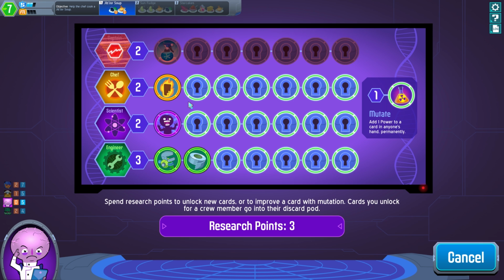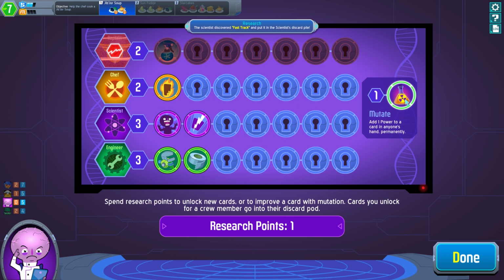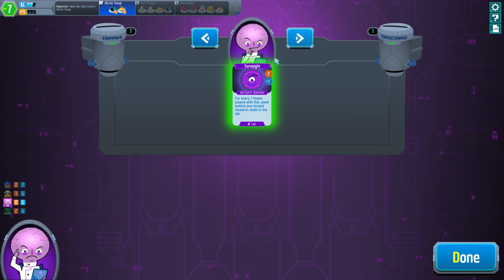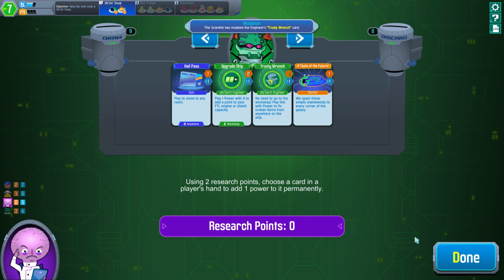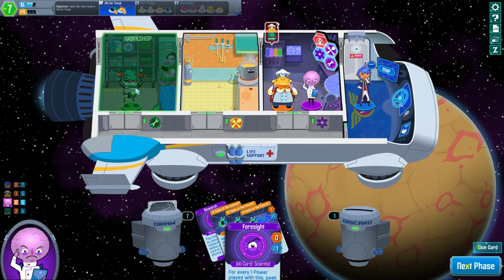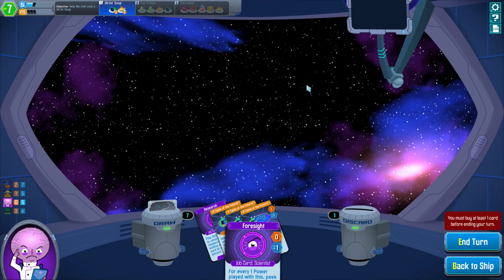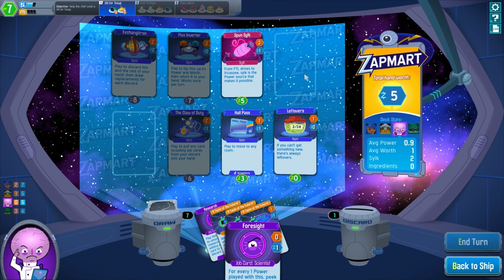We've got 2 points on one of these. I think we go for the scientist. Fast track is fairly decent. And then we will use a mutate to put power into the trusty wrench. Which means that now that card will always have 1 power when you play it just by itself. And we'll take... Do we want to take Spun's...